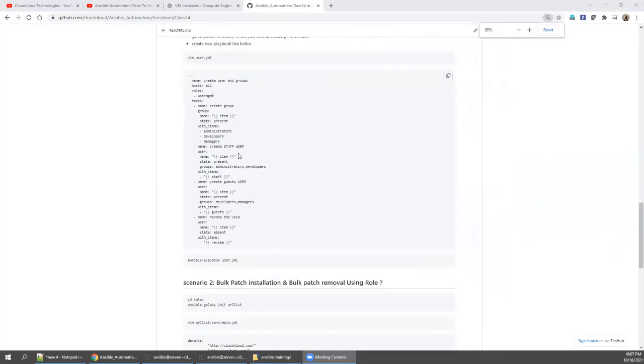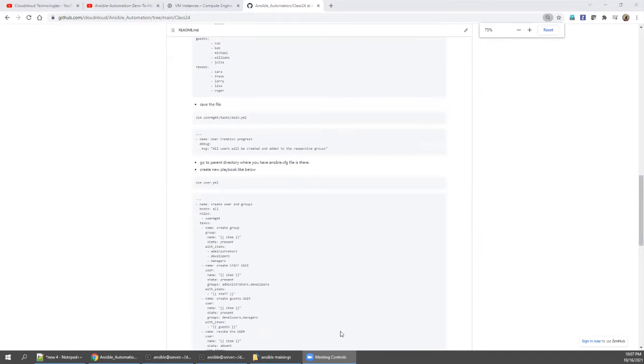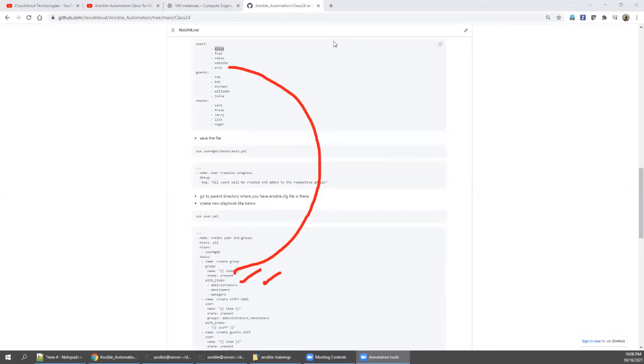So let me just minimize so that I can keep it. Say alias. So the first alias will be passed on to here, and the user will be created, and also after creation it will be added to the administrator group, and it will be added to the developer group. What is the next one? Fred. So it will go and say Fred. Then the Fred value will be assigned here. Fred will be created, and it will also be added to administrator and also added to developers, right?